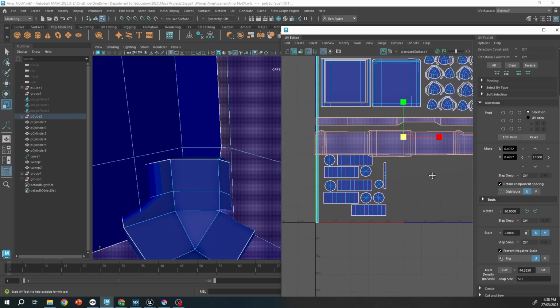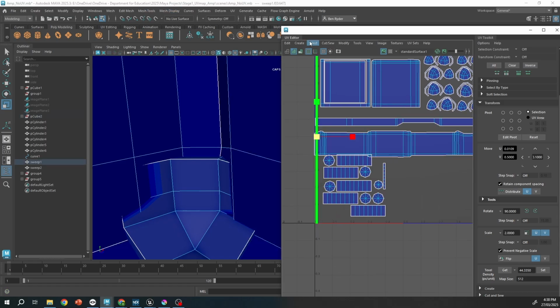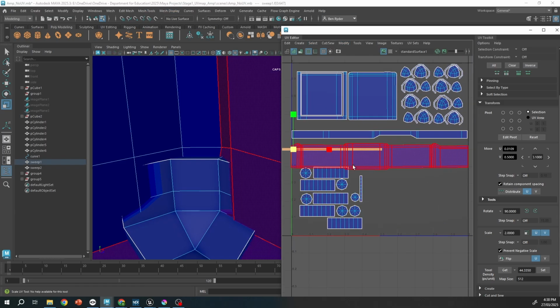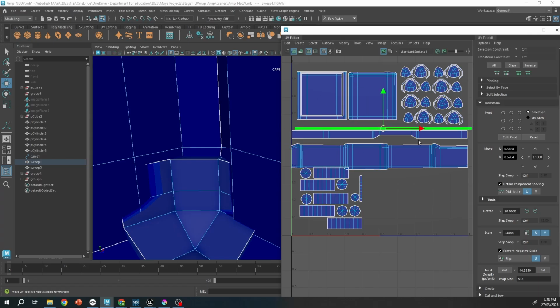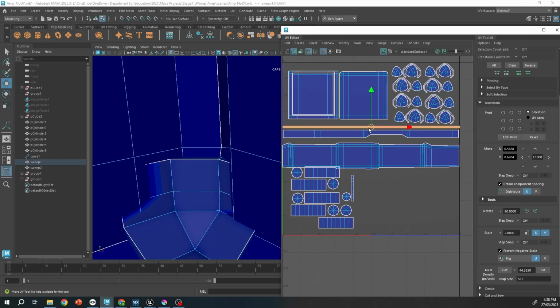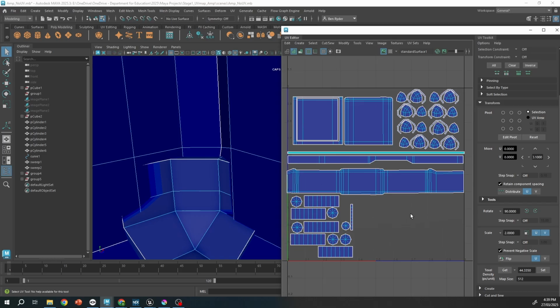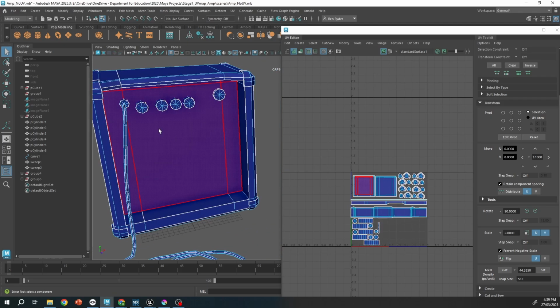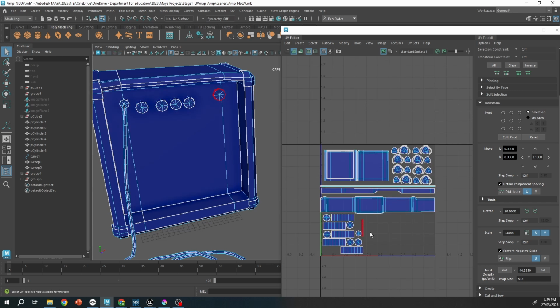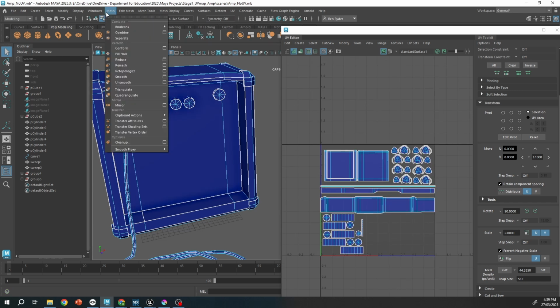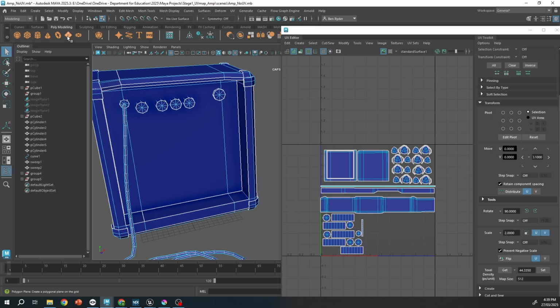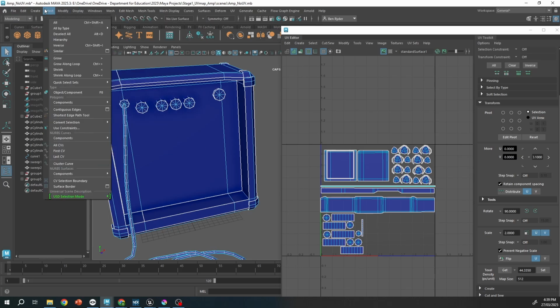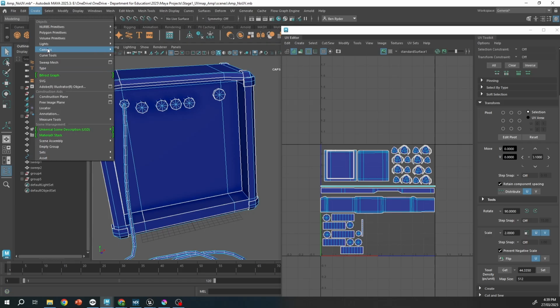Now again, we want this to go all the way across here, so I'm going to grab this cable and rotate it. And again, not too worried about that needing to be seamless because it's already a cable and already looking good. So unfortunately we do have a bit of space left over here, but we also don't have the Marshall logo on here. So that's probably where I'd be putting that. I wasn't able to get the actual Marshall thing on there, but what we can do is just quickly go